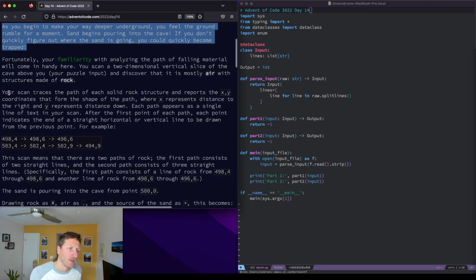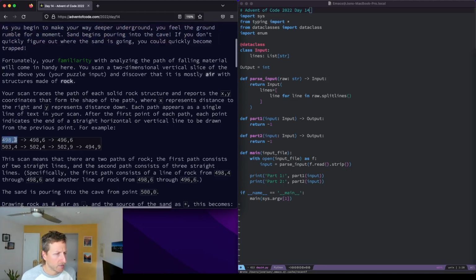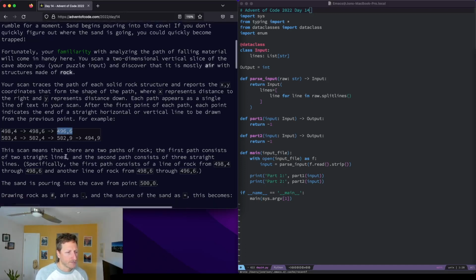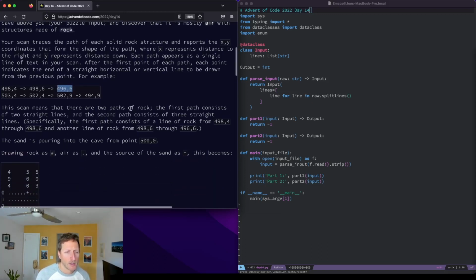Your scan traces the path of each solid rock structure, and reports the XY coordinates that form the shape of the path, where X represents the distance to the right and Y represents the distance down. Each path appears as a single line of text in your scan. After the first point of each path, each point indicates the end of a straight horizontal or vertical line to be drawn from the previous point. For example, 498,4 to 498,6, so down 2, then 496,6, over right 2. This scan means there are two paths of rock. The first path consists of two straight lines, and the second path consists of three straight lines. Specifically,